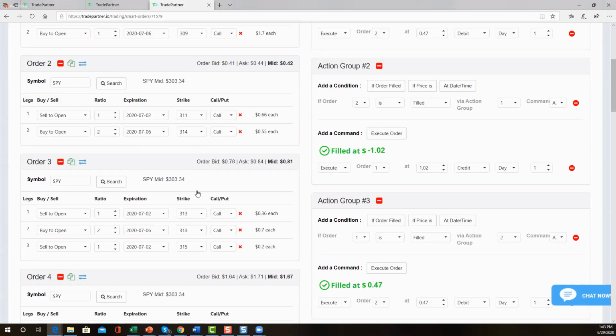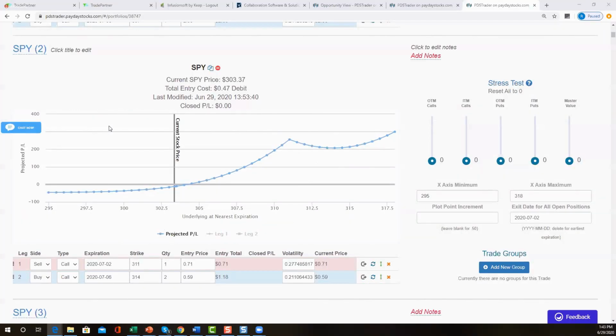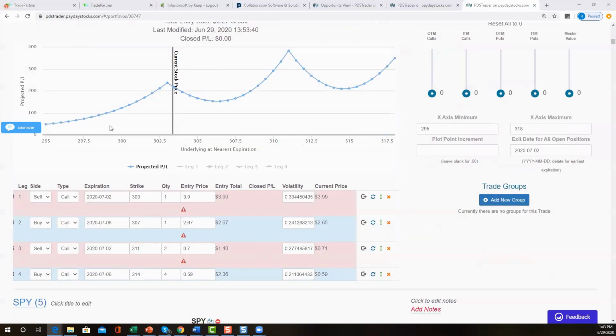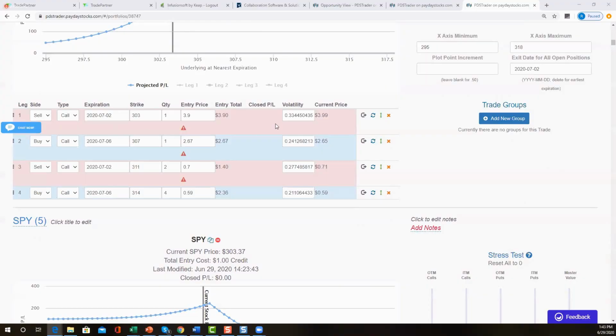You could still do 1 of these and 1 of the bearish and have a credit of 20 cents. And you'd be looking just fine. So we'll take a look. We'll combine those, and you can see what the difference is. All right. So here's the 2 bullish.